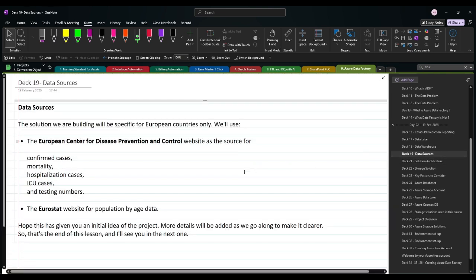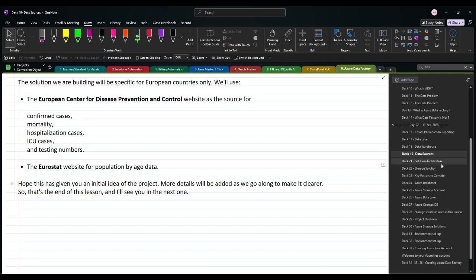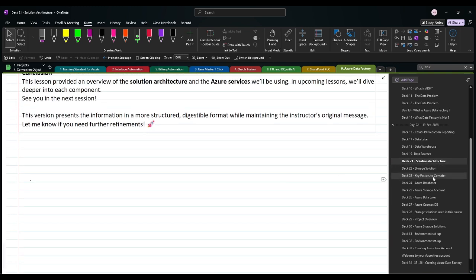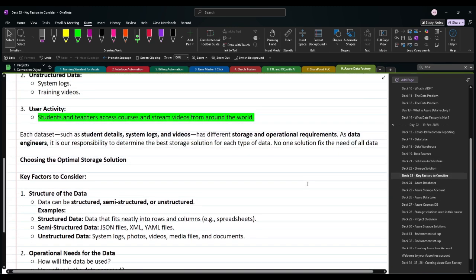Next will be the data sources we'll be importing. Then there will be a solution architecture preview, and all this training will be completely hands-on. I will be providing you all the resources, notes, decks, and other scripts that will be required to complete the project. So the key factors to consider will be